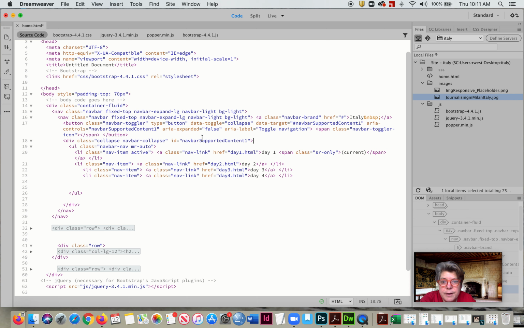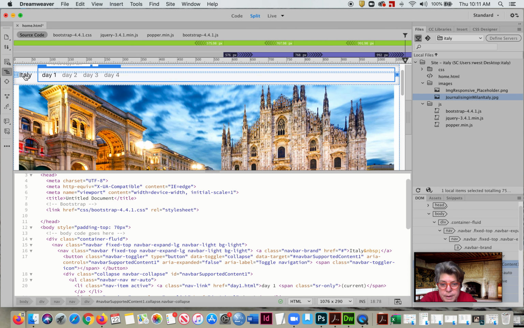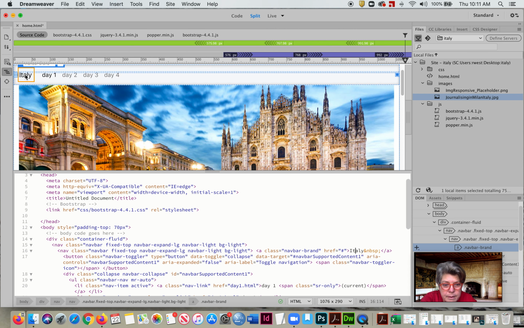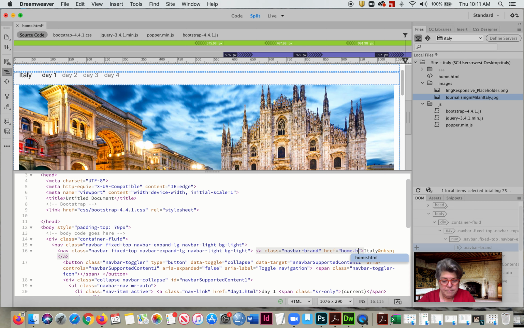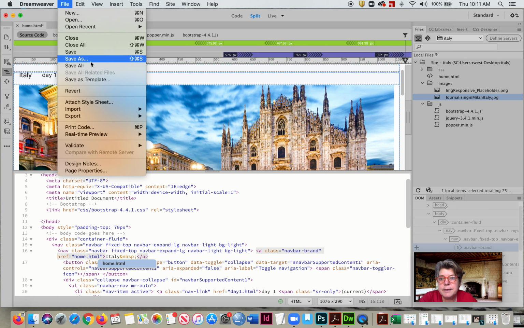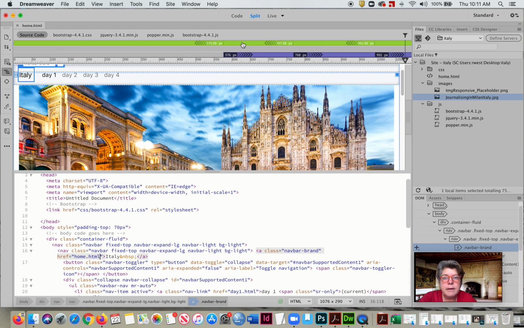Let's find our Italy. Light brand. I should be able to find the word Italy in here. Where is it? Okay, so I'm going to split it because I can't figure out where it is. I'm going to click here. There it is. Perfect. And see, there's a link to that, and that would be home. Okay, so now we've set them all up, and I'm going to say File, Save All, and